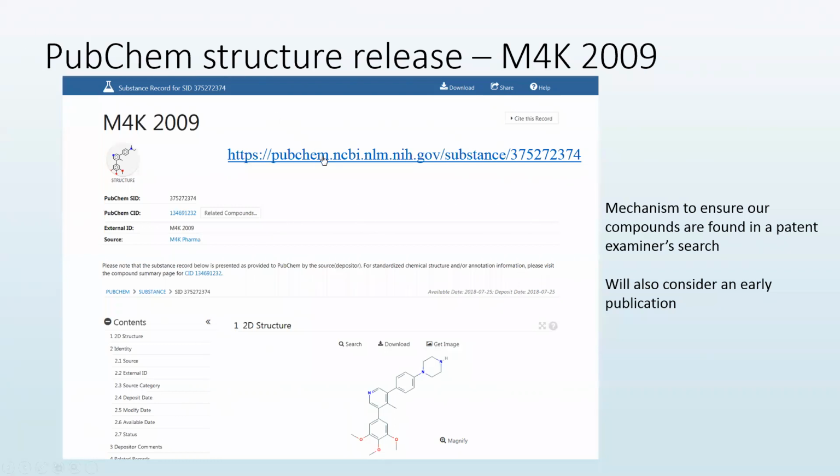The link to the database is here. I won't click on it because basically you'll just see this kind of screenshot. It highlights that it's a compound from M4K Pharma, that it's designed for DIPG and targeting ALK2 or ACVR1. So again, this is a mechanism to ensure our compounds are found in any patent examiner's search. And also, in order to protect our freedom to operate around this scaffold, we're considering a very early